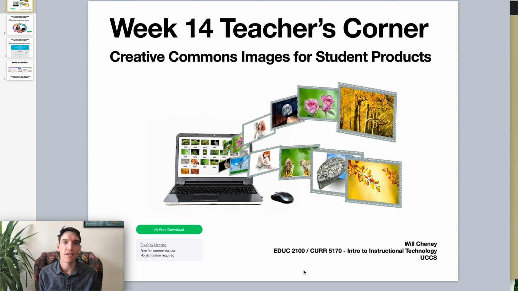Hi, this is Will Cheney, and for this week's Teacher Corner, I want to take a deep dive into options for locating Creative Commons images for student products. So this is going to overlap with our OER module from before, but more with a focus on how students can draw from OER resources in order to make their own projects more authentic and something that they can publish